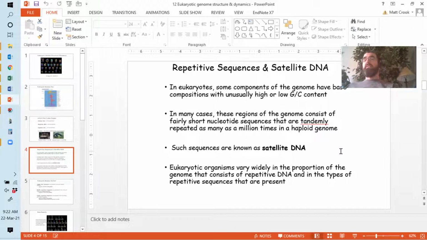Well, a lot of the rest is what's called repetitive sequences and satellite DNA, right? So these are, and also other things like transposons, what's commonly referred to as junk DNA, right? Actually, there's an awful lot of interesting stuff that goes on with junk DNA, so this is kind of an outdated view. But basically, it's a lot of repetitive DNA, a lot of